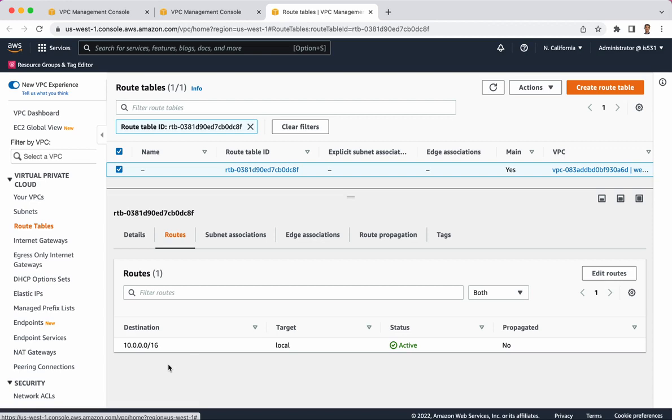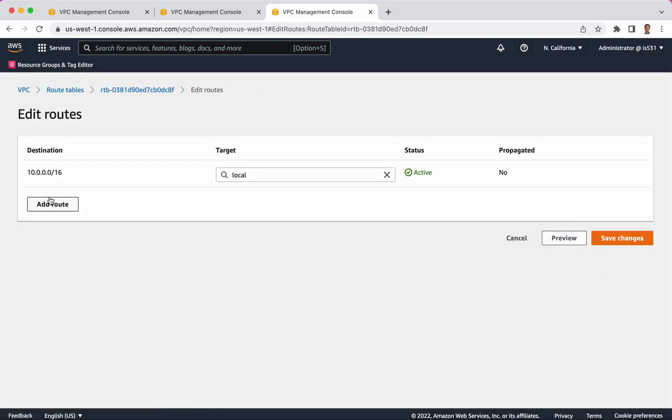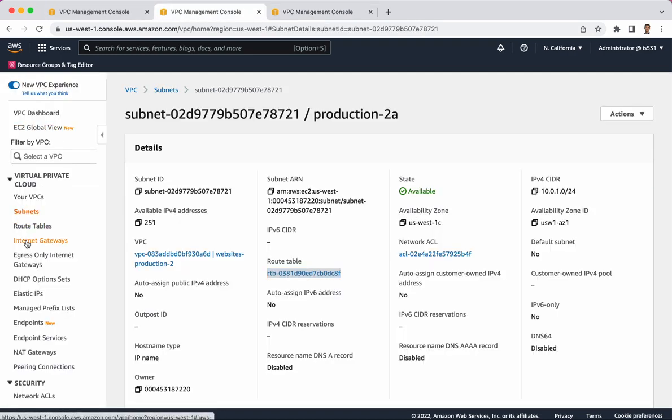So if one of my EC2 instances is trying to check something in my code repository on GitHub, it can't get there. It doesn't have a physical path to get there with this current restriction. So I need to edit the routes, and I need to add the ability to get out to the internet from within my network. So one of the first things I'm going to do is go over here to Internet Gateways,